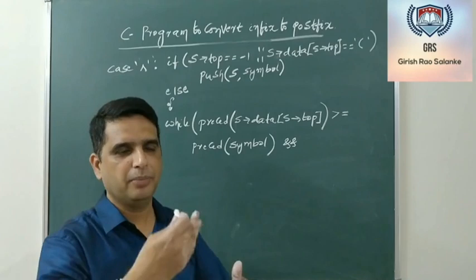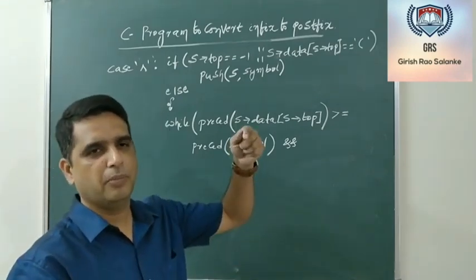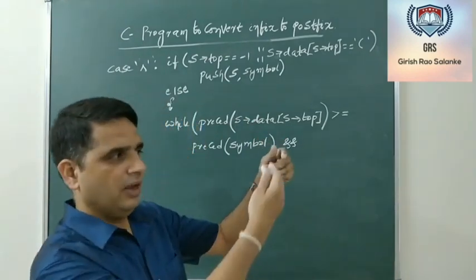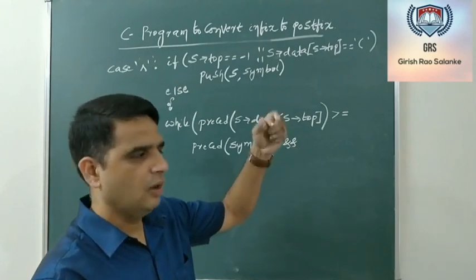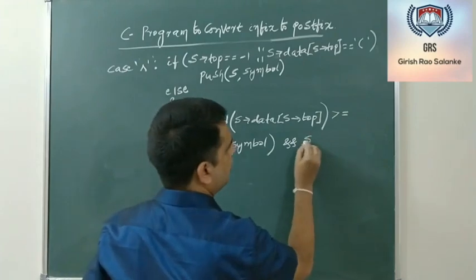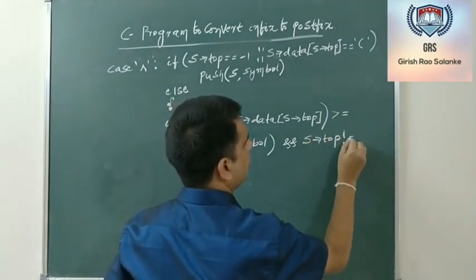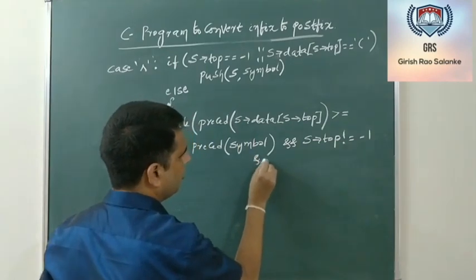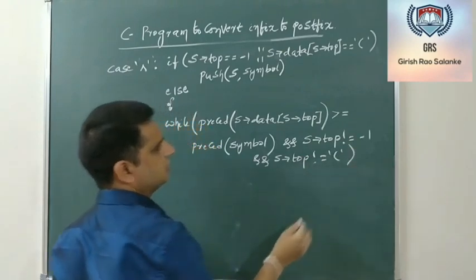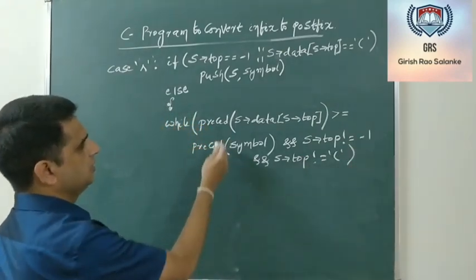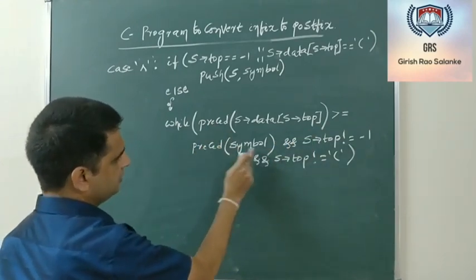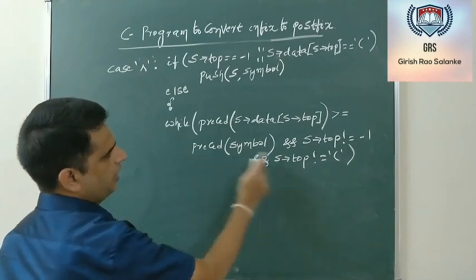We need to have two more conditions. Sometimes what may happen is, while comparing the precedence of the topmost operator, if it is greater, I am popping and placing it on postfix expression. Once I pop, if it was the only element, now stack will be empty. If stack is empty, then no need to compare the precedence. So, and S of top not equal to -1, and S of top not equal to left parenthesis. Close the while statement. This left and right parenthesis is for the function precede, this left and right parenthesis is for the second precede function that I am using, and this close is for the while loop.